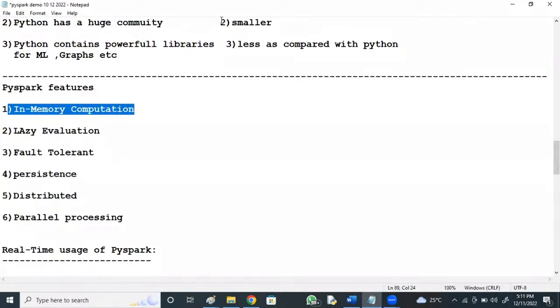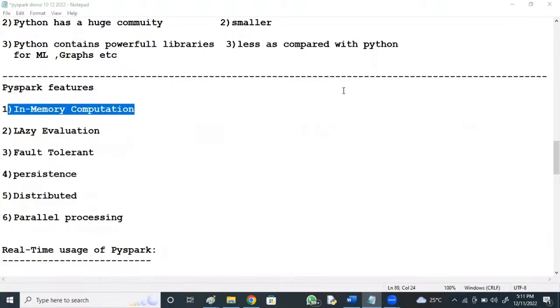I was saying lazy evaluation is best suited for Spark, rather than eager evaluation. Lazy evaluation means you execute only when required, on demand. By performing an action, we execute the entire flow. Spark is a data flow language.